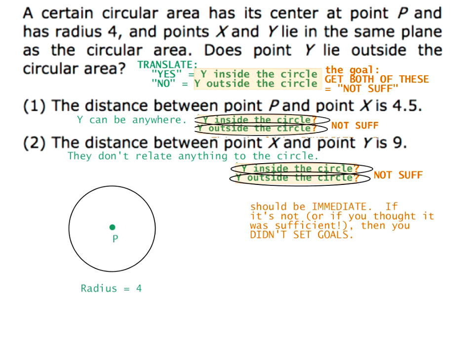Both individual statements should be immediate, the resolution of both of them. And if it's not, then you didn't set goals. Because ultimately we're thinking about the relationship between Y and a circle, and the circle has to do with P. So if you don't have anything on Y, or if you don't have anything on P, then you're not getting that. Okay, together,